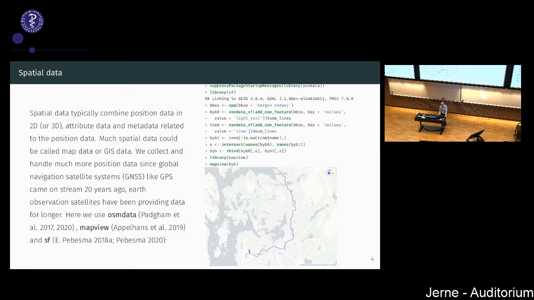Over the last 4 or 5 years, we've had access to web mapping. So this is a very simple script which you can run now, which downloads the light rail system for the city of Bergen, where I work and live, and which certainly 20 years ago there wasn't OpenStreetMap.